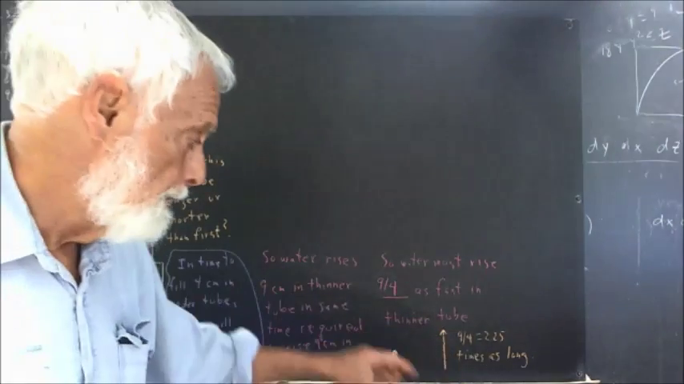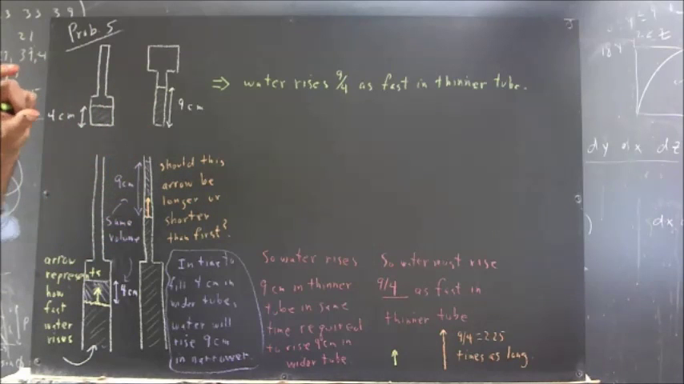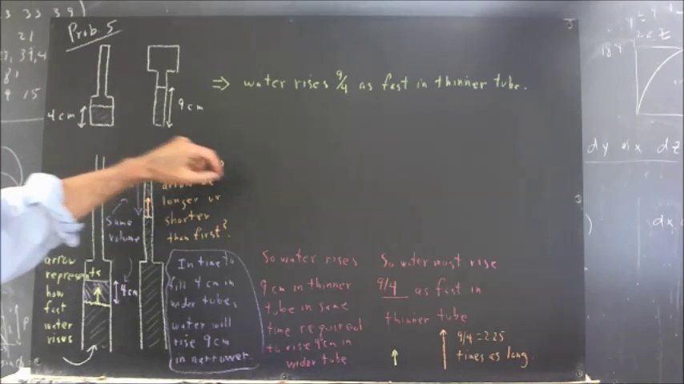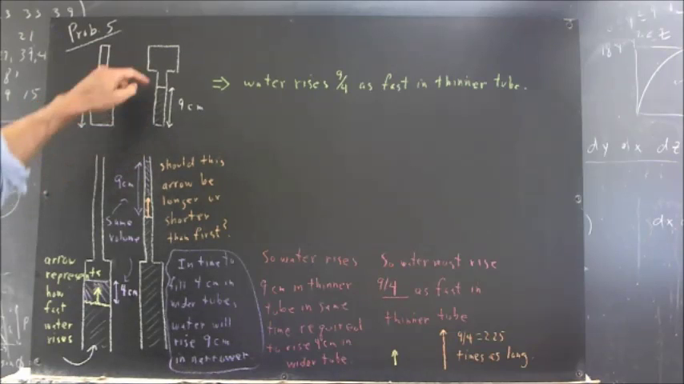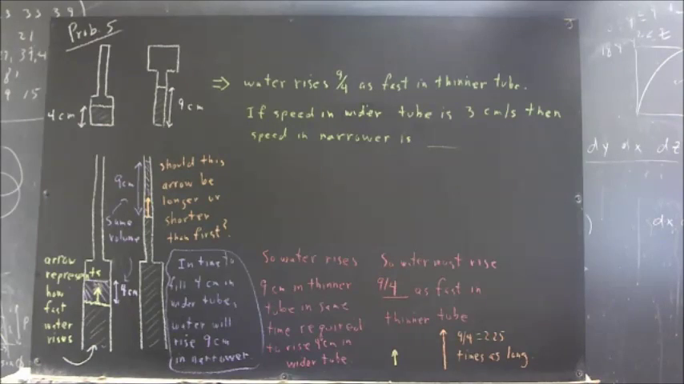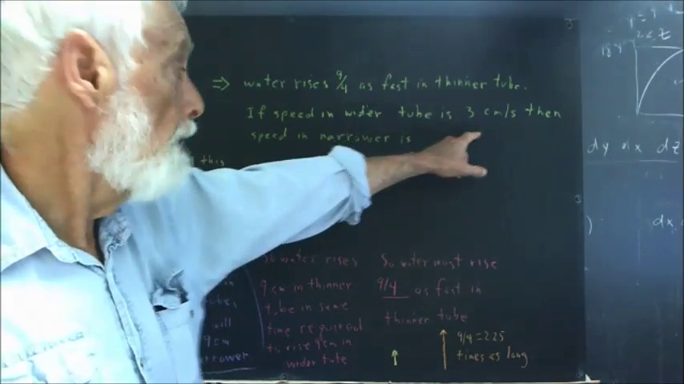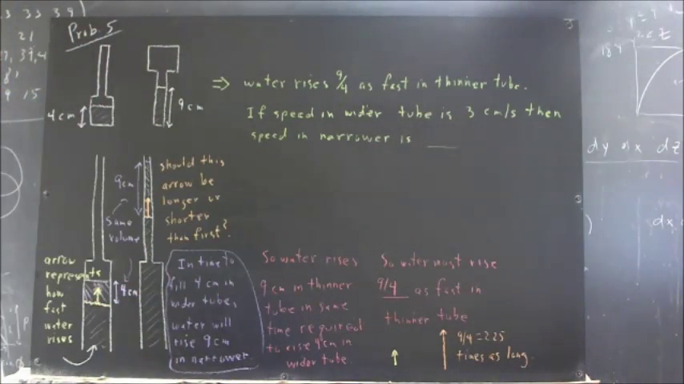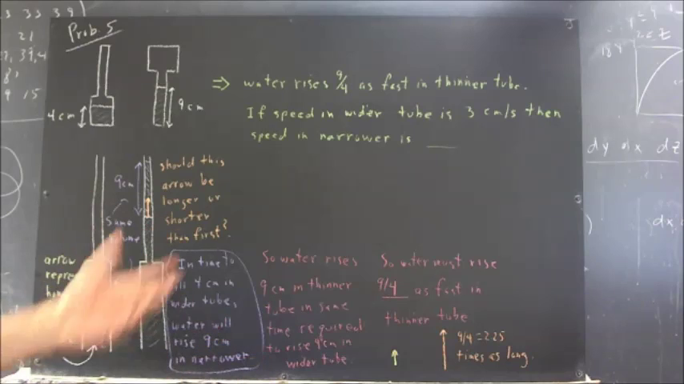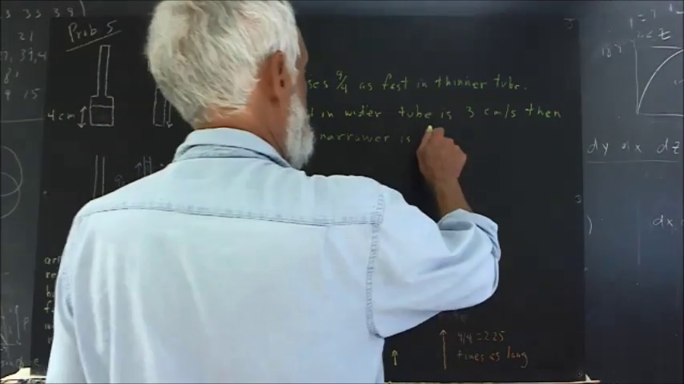Okay, maybe I've got that a little bit too long, or this one a little bit too short, but you can adjust that. Okay, well, here is a reasoning process, but then the conclusion ought to be fairly obvious that water has to rise 9/4 as fast in the thinner tube under these circumstances. So if the speed of the water rising in the wider tube is 3 centimeters per second, what has to be the speed in the narrower tube? You should think about that and work it out. And it should be fairly obvious. It's got to be